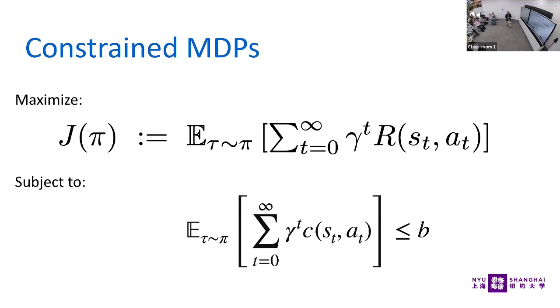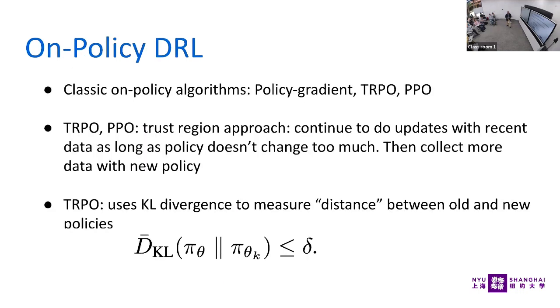This class of problems in the reinforcement learning literature is often referred to as safety problems. This might be a safety constraint. So you want to make sure, for example, that GDP is high, but inflation is bounded, for example. So anyway, this is the class of problems that we're looking at, and in the on-policy world,